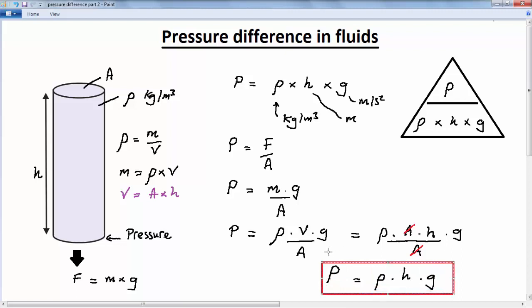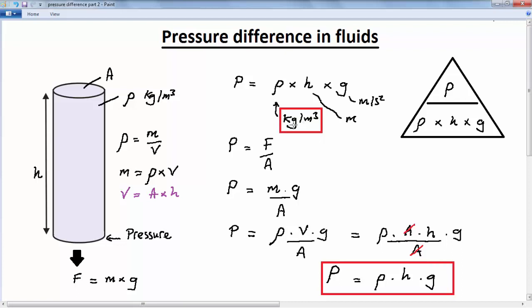This formula, it is important that you remember this formula for the pressure difference in the fluid, but you do not need to prove this. You don't need to do this stuff. This is just there for your interest, and it's really only appropriate for A level, but you do need to remember this. And you do need to remember, very important, that the density of the fluid must be given in